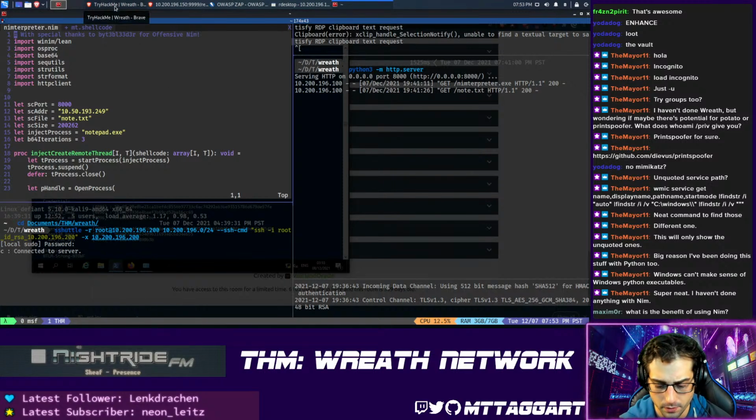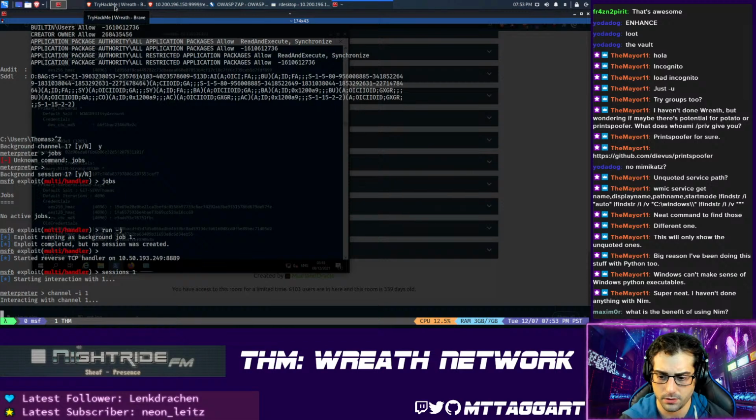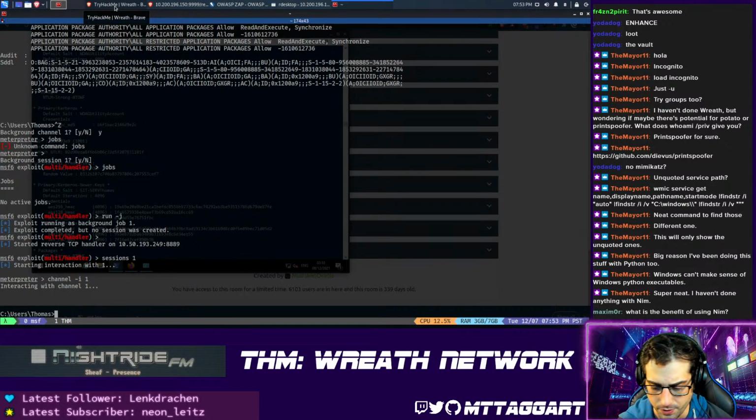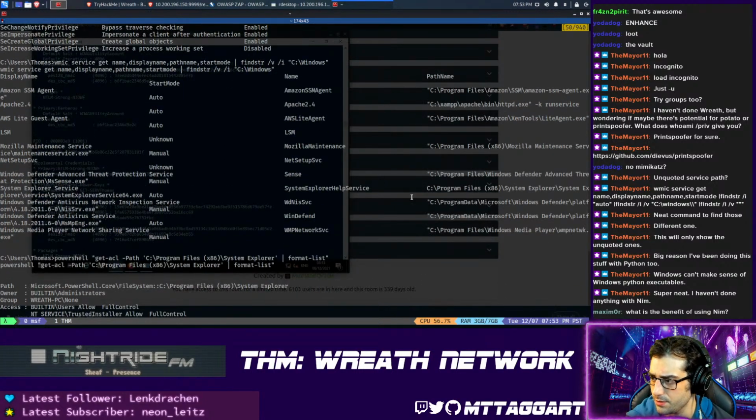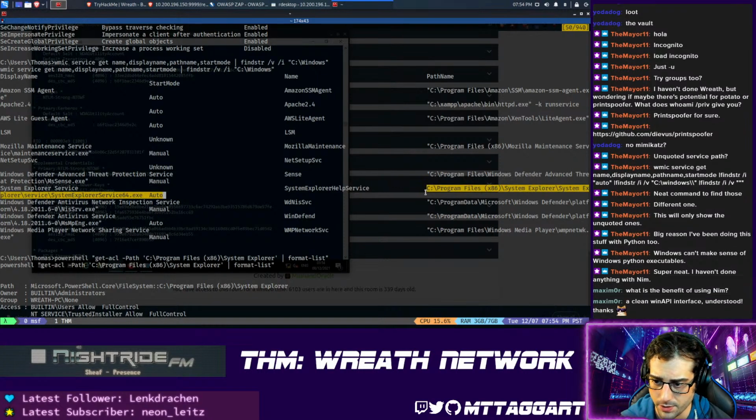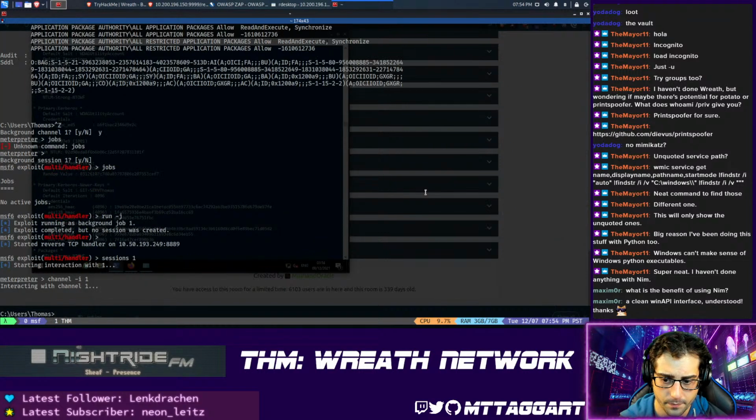Okay, so what we're going to do is, if we scroll up here a little bit, we learned that this System Explorer service, right? And we're going to copy that with tmux. So we're going to do...